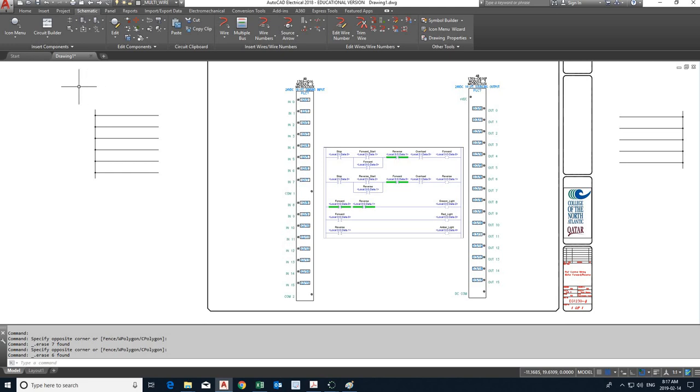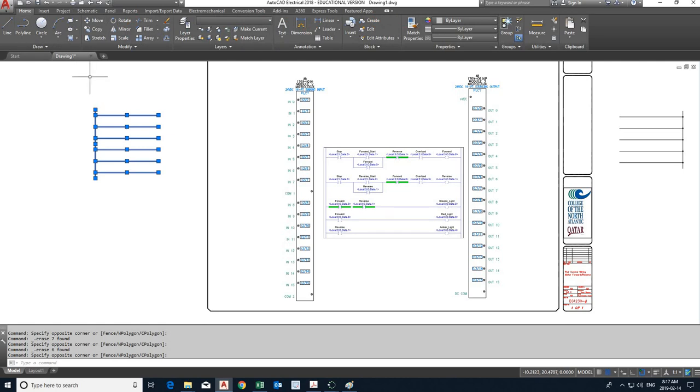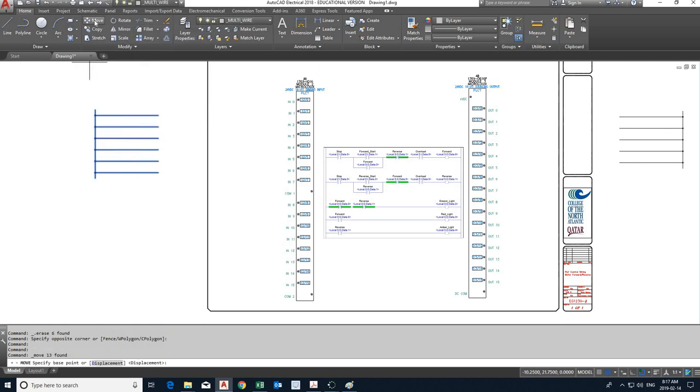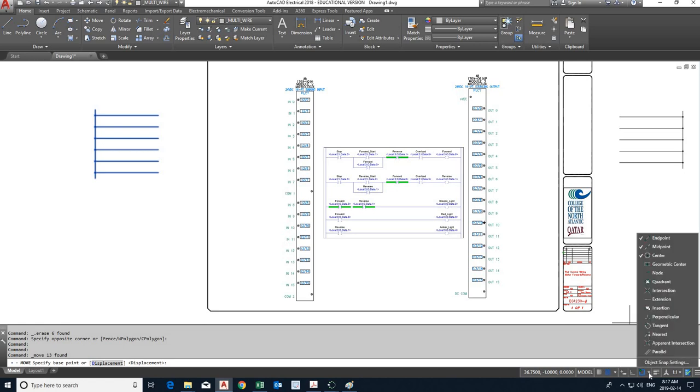Okay, all right, now let's highlight this whole thing and then go to the Home tab. Highlight what remains of the ladder on the left side, go to the Home tab and issue the move command. Make sure your snaps are turned on. Blue, should be blue color. And that at least the first three are visible